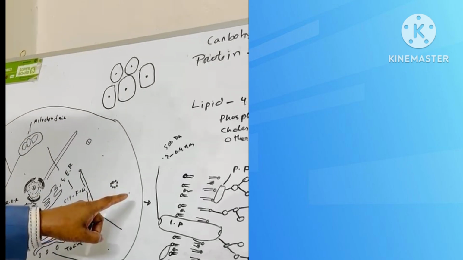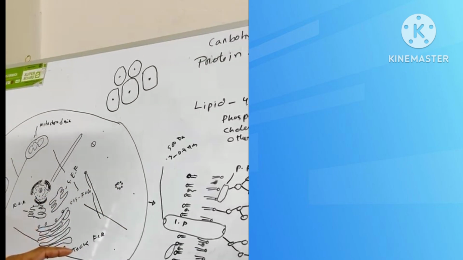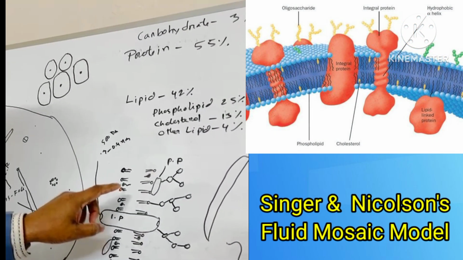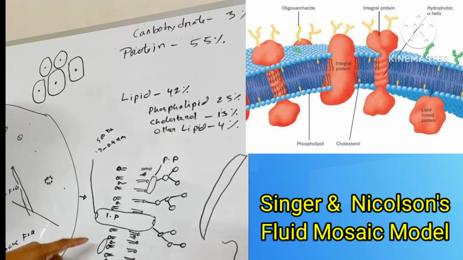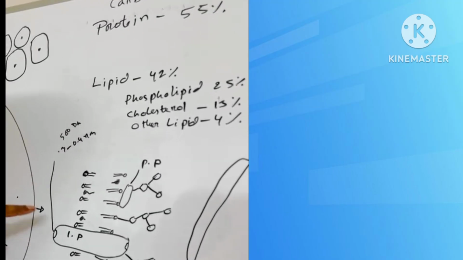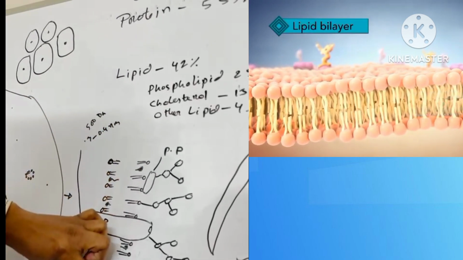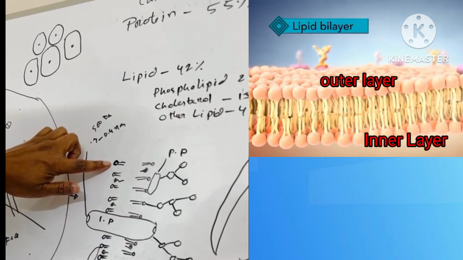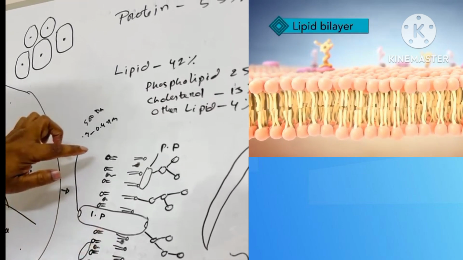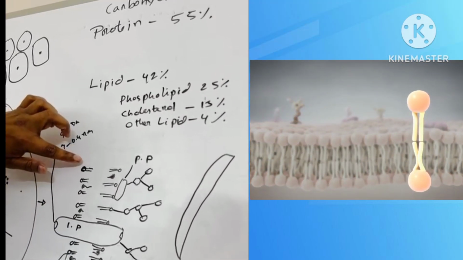There are many models about cell membrane. The most acceptable model is Singer and Nicolson's fluid mosaic lipid bilayer model. According to this model, the cell membrane is composed of a lipid bilayer, and this is a phospholipid molecule, this is cholesterol, this is other lipids. Each phospholipid molecule consists of a